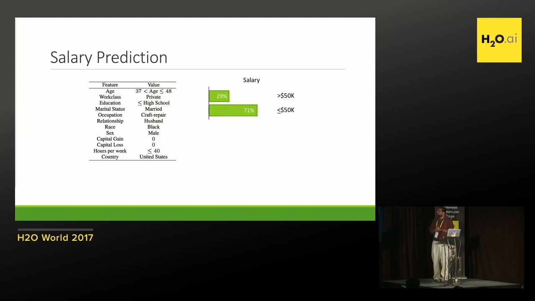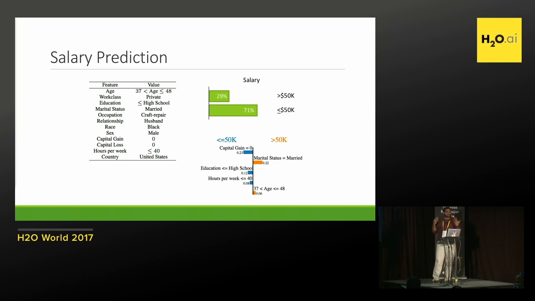So for example, this is a salary prediction task where you're given a bunch of attributes about a person, and you're supposed to guess whether their salary is greater than 50K or not. This is, I think, a few decades old, so take that into account. And what LIME gives you here is something like this, right? It tells you that if the capital gain is 0, it indicates your salary should be less. If you're married, it should be more. And it's kind of giving you directions about which ones are important.